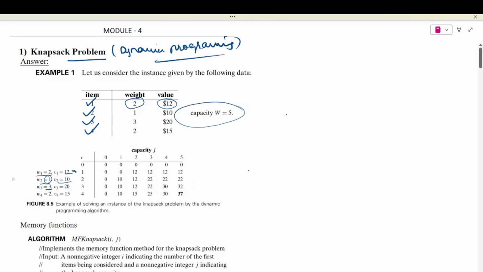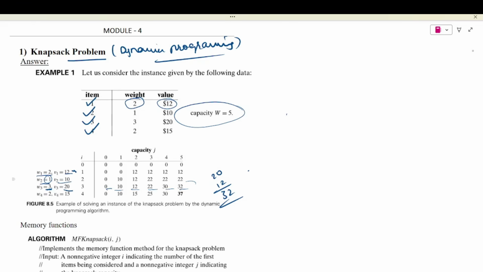Yeah, I'll explain it again. See here, they have given weight as 3 and value 20, right? For this capacity 5, what you will be doing, the excluded item is equal to 22, this item has been excluded. Now the included item, that is 20 and 12, if you add them, you will get 32, that is included. So you will choose the max, whichever is max, so you will write it as 32. So it became 0, 10 as it is, 12, 22, 30 and 32, because in the last step you will be adding. Okay, next for